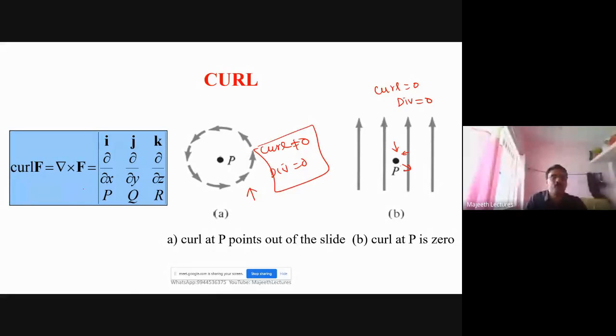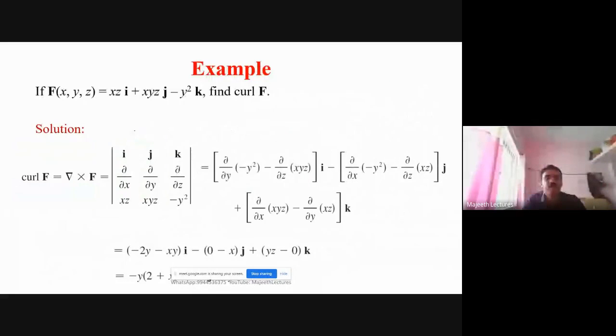So you know the formula to find the curl of a vector? This is given here, right? This formula you have studied, so use that. So this is one example I have given. How can we do it? We can say that this is del cross F, with i j k, dou by dou x, dou by dou y, dou by dou z. So this is a curl. It is just a matrix multiplication. Once you do the matrix multiplication, you will get this answer.